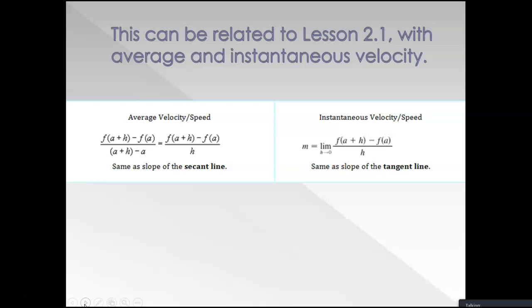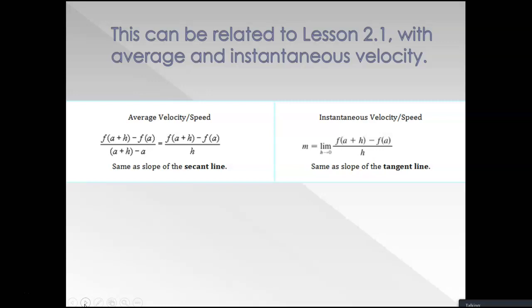All right. So the idea is this gets all the way related back to lesson 2.1, which we started with. But now we have this application of the limit. So the average speed or velocity can be represented by the slope of the secant. It can be represented using f of a plus h minus f of a, all over h. And then the slope of the tangent, or the instantaneous velocity, is the limit as h approaches 0,